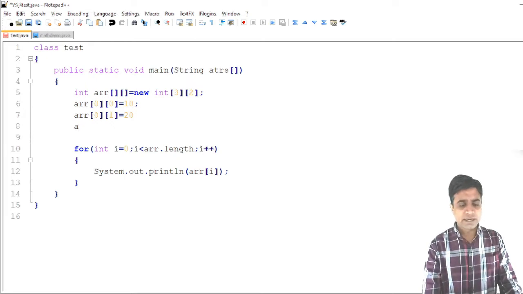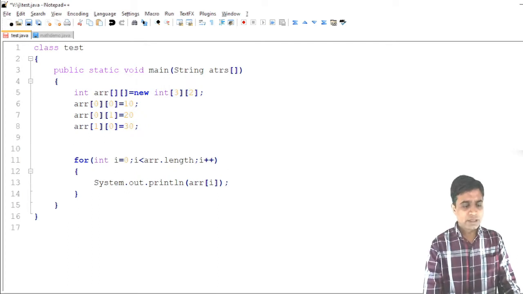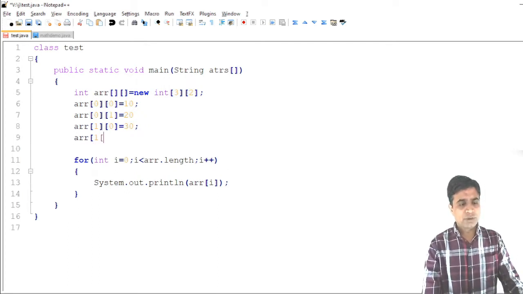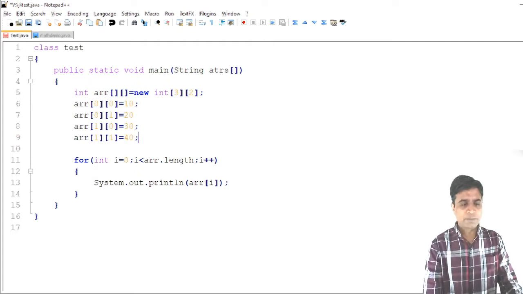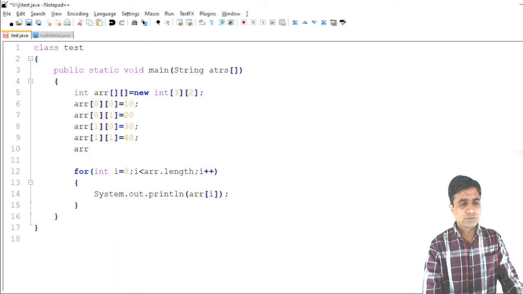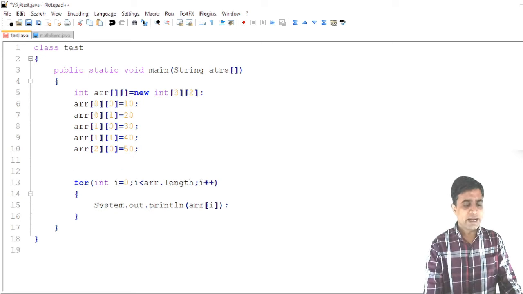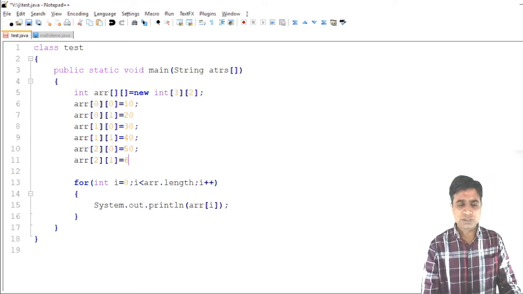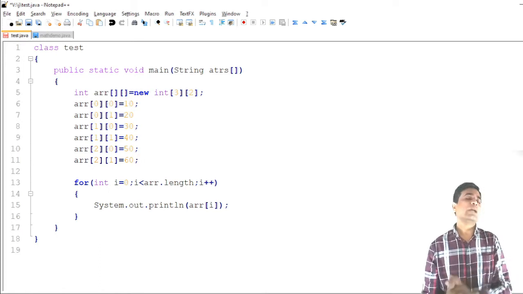Now start with the second row: array of 1 0 is equal to 30, array of 1 1 is equal to 40, array of 2 0 is equal to 50 and array of 2 1 is equal to 60. So I have initialized the two-dimensional array.